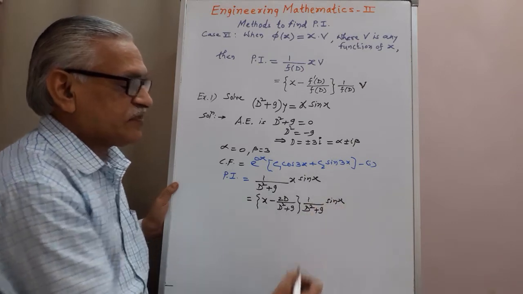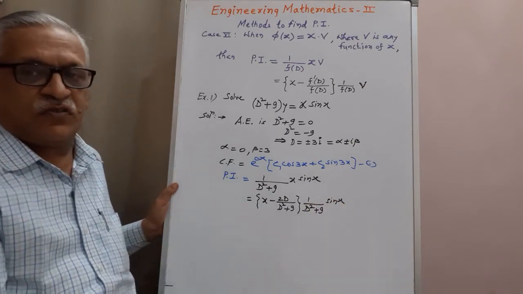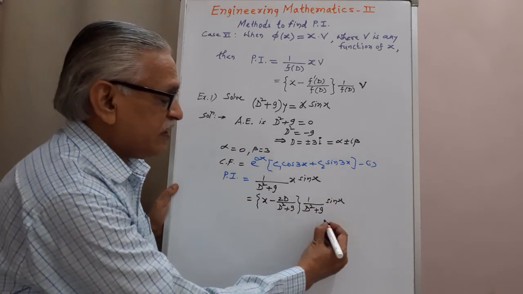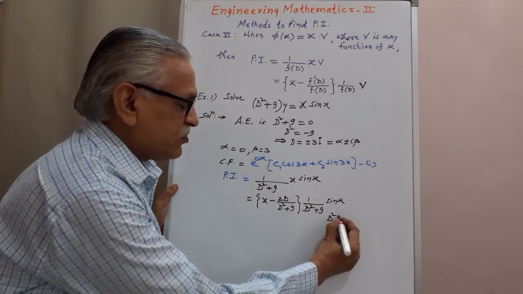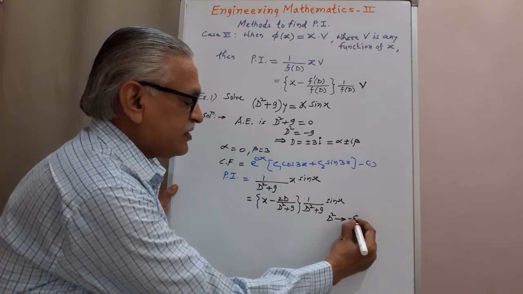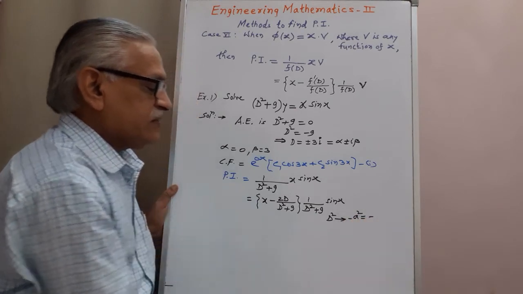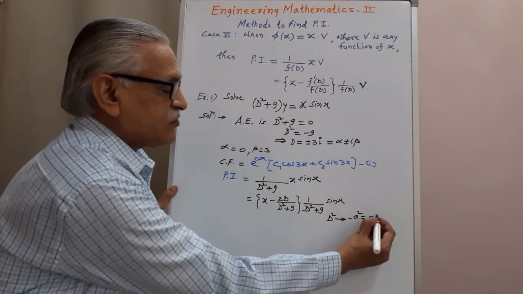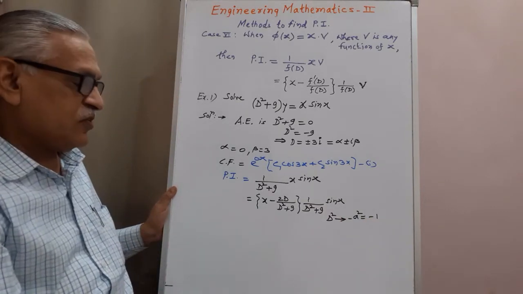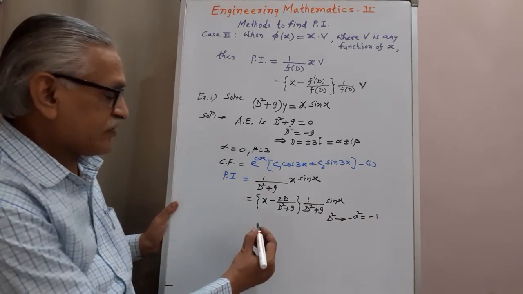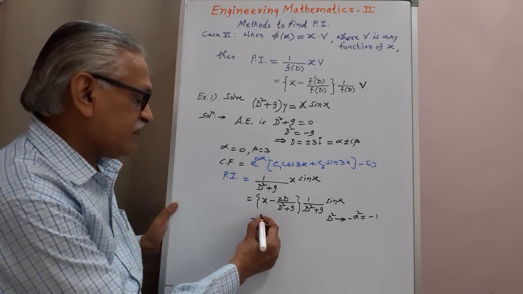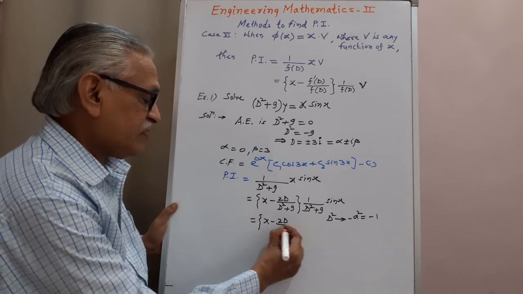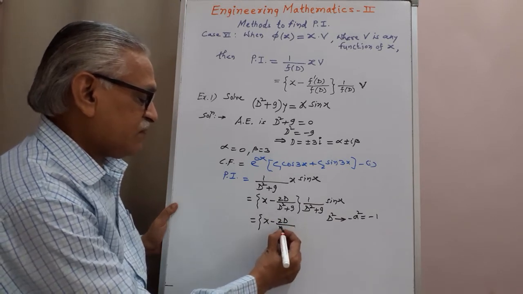This becomes case number 2, when the function is in the form of sine or cosine, and we apply the corresponding rule. D square we have to replace by minus a square, where a is the coefficient of x, it is 1, therefore 1 square is 1, so we replace D square by minus 1, and keeping the other term as it is, x minus 2D divided by D square plus 9,